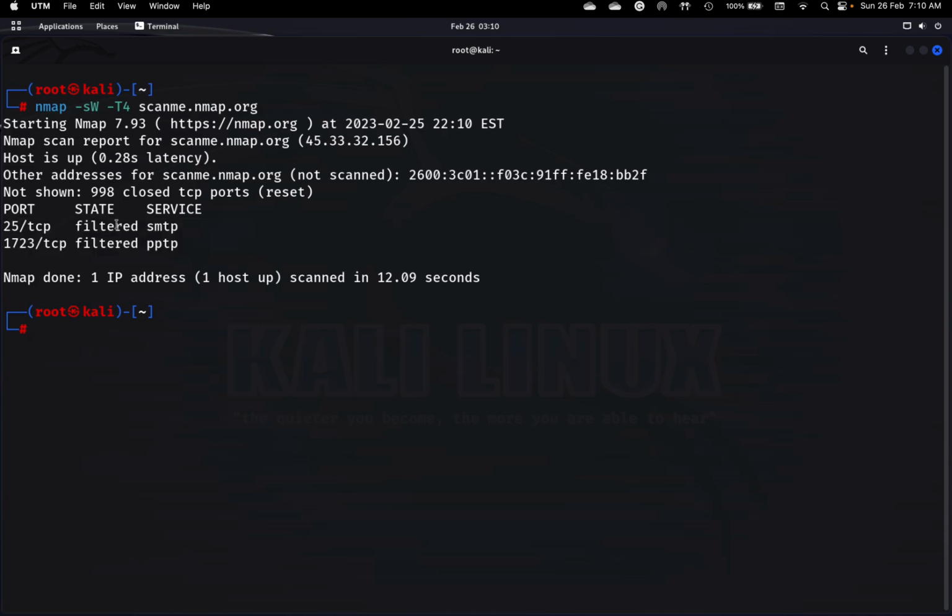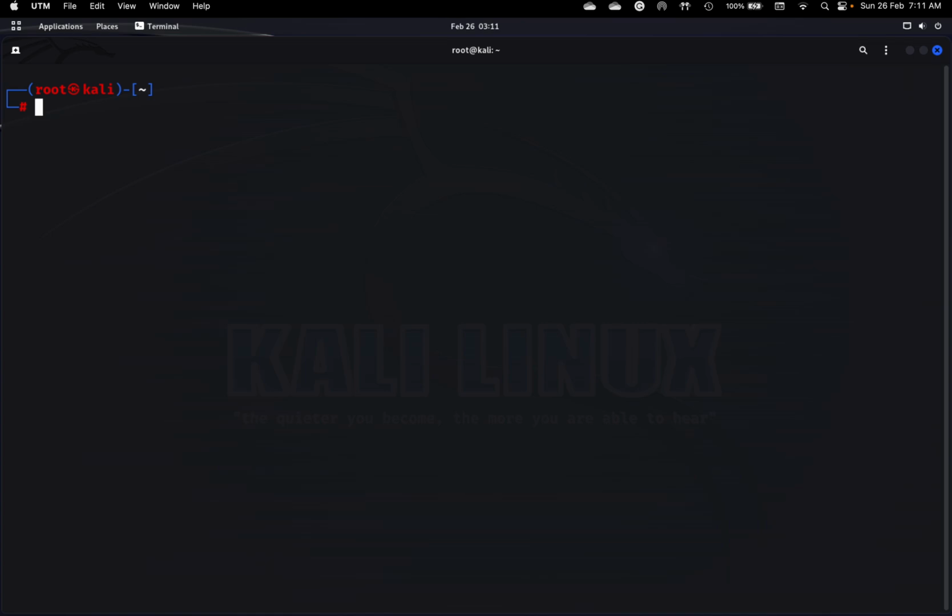Okay. Now, if you received open instead of filtered, this means that your Kali Linux received a TCP reset response with a non-zero window field. If it says closed, this means the TCP reset response had a zero window field. As I've stated, there is not much difference in the output between the Windows scan versus the acknowledge scan. Now let's look at another technique used, which is